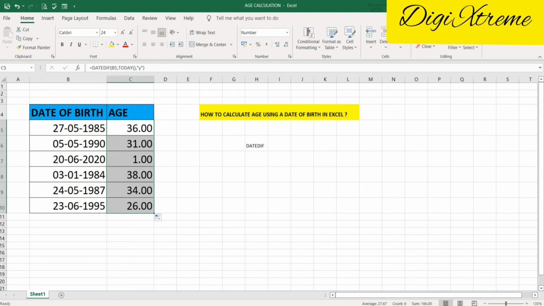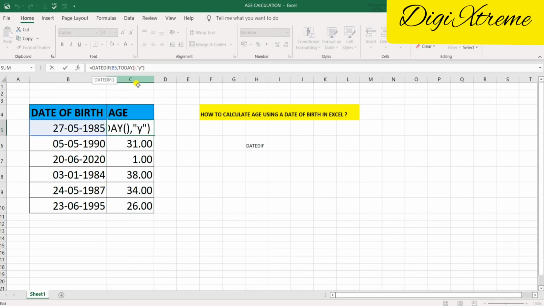Let me show you some more tricky things by using the same formula. I'll tell you how we can calculate the month. If you are asked about months, how many months, to get the result in months, just delete this y.